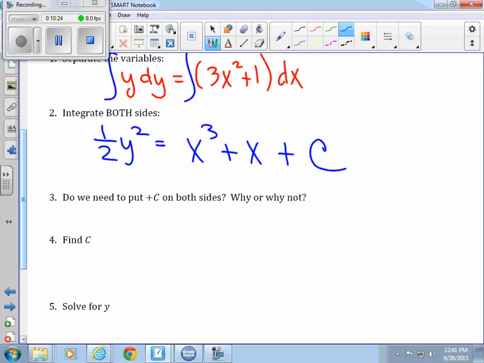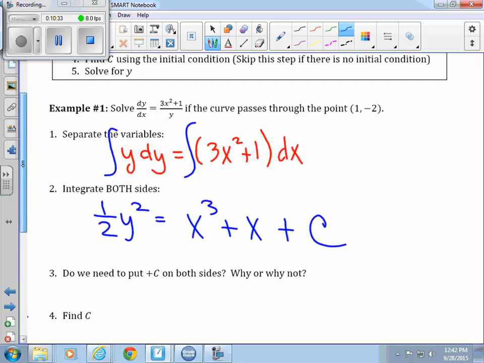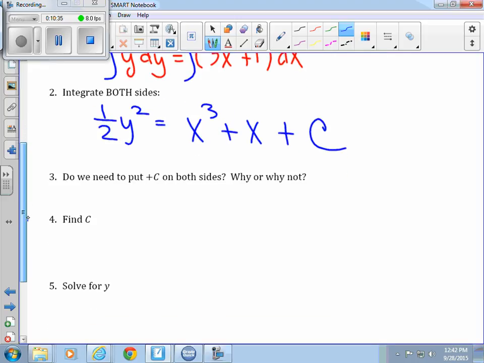Then it says find c. What does it mean by that? It gave me that I'm going through the point 1, -2. So I'm going to put 1 in